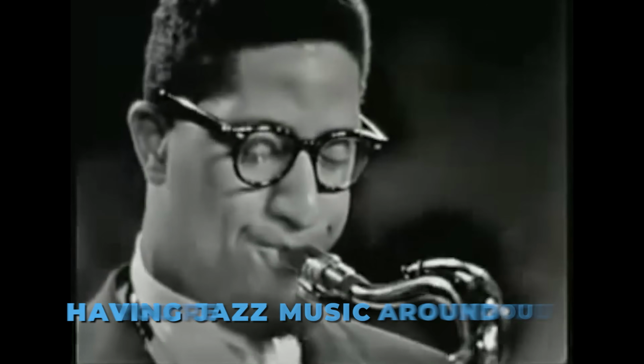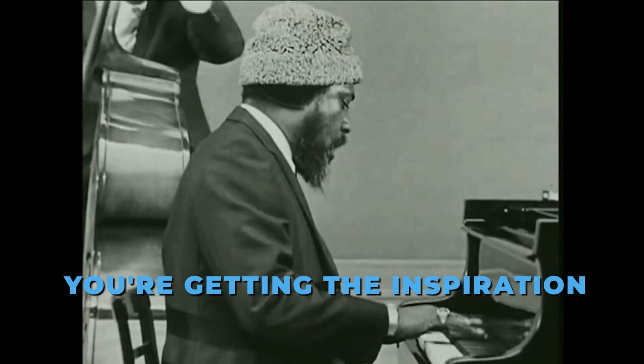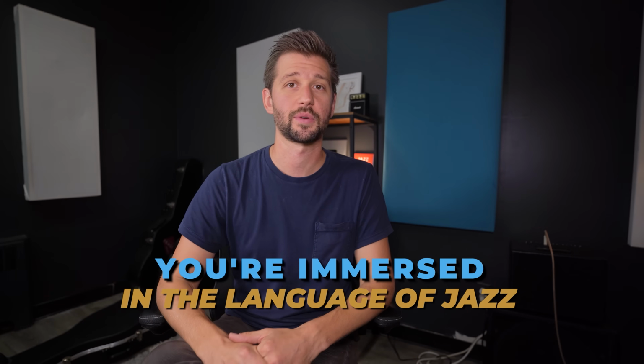And passive listening being, it's not that you're necessarily focusing on it or trying to learn from it, although you could be, but it's just about having it around you so that you're getting the sounds and the inspiration from the great musicians just surrounding you. You're immersed in the language of jazz, okay? So that should just be happening in the background if we're trying to do this thing in 1 year,